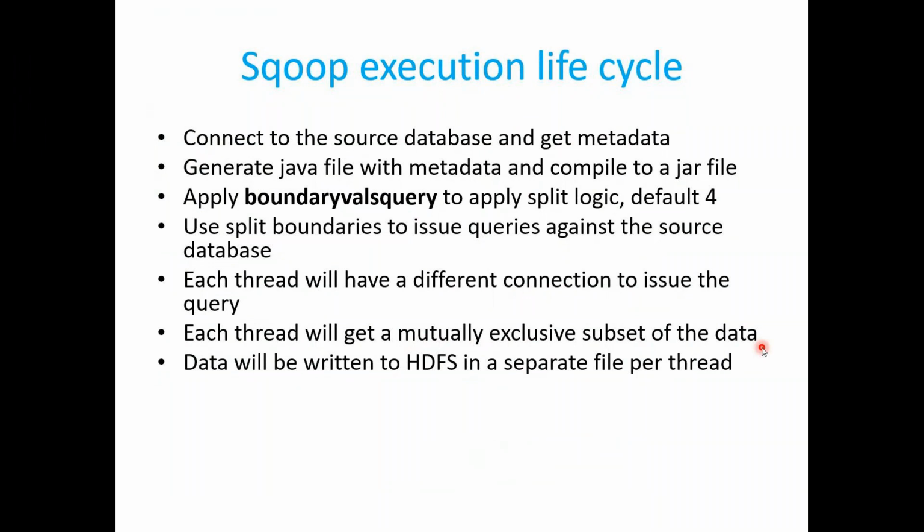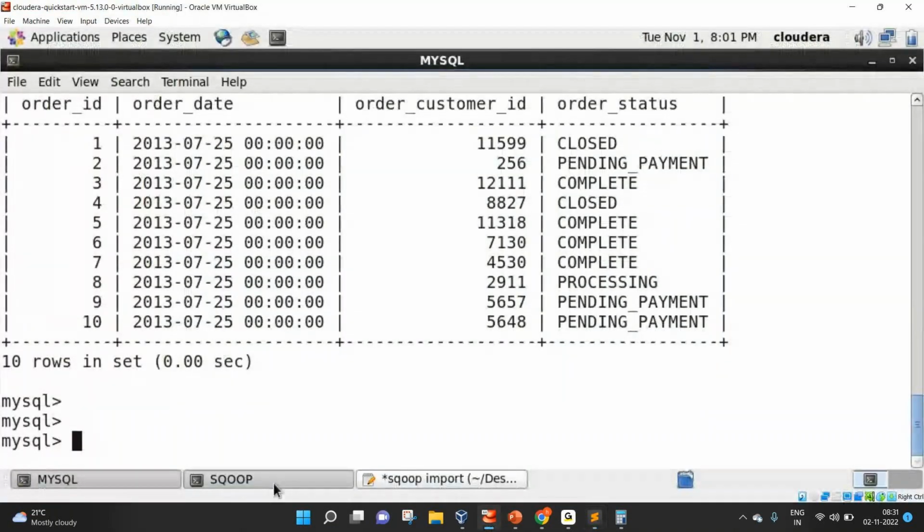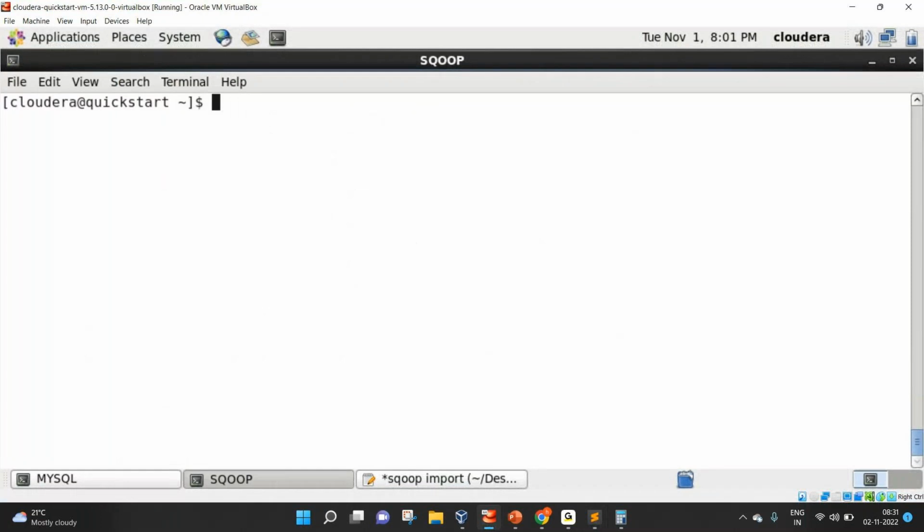And the last point is important. So data will be written to HDFS in a separate file per thread. So read it again. Data will be written to HDFS in a separate file per thread. That is, for every mapper, there will be a dedicated file. So that's why, as I told, by default, the number of mappers is 4. So that's why you also have exactly 4 files in your output as well,